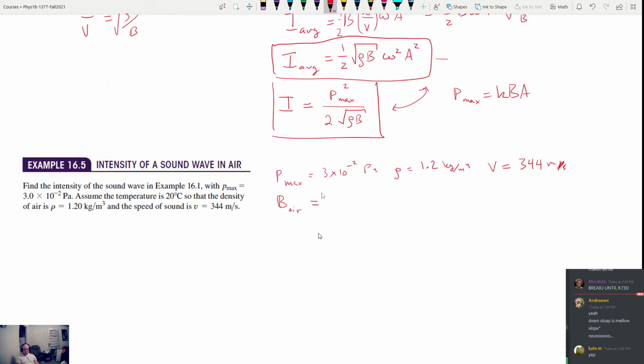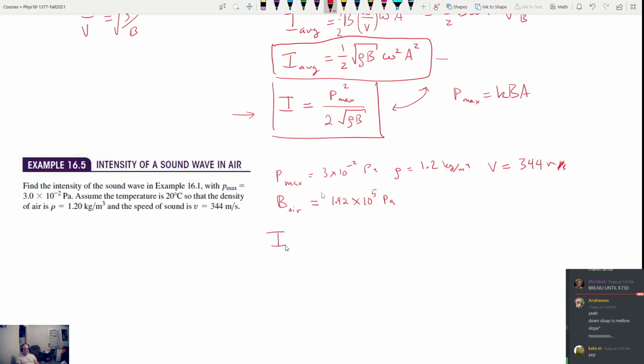We're also going to need to know the bulk modulus of air, which was something times 10 to the 5. I think it was 1.42 times 10 to the 5 pascals. I love how they put all the information on here, but they don't put this one. I don't know why. What else do we need to know? That's all we need,